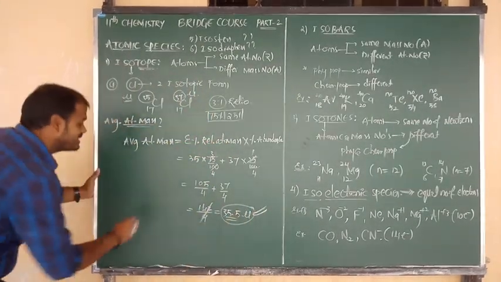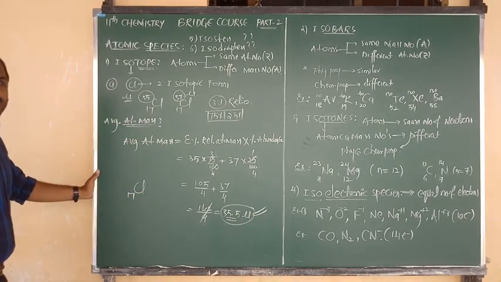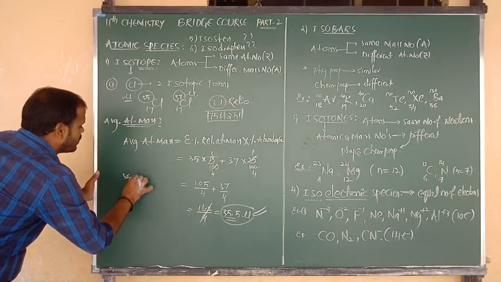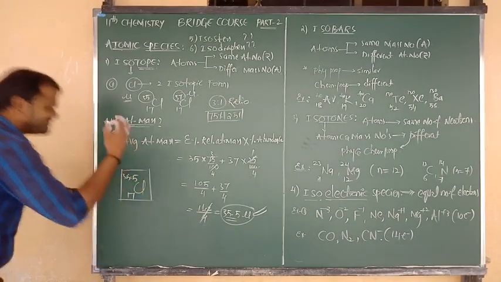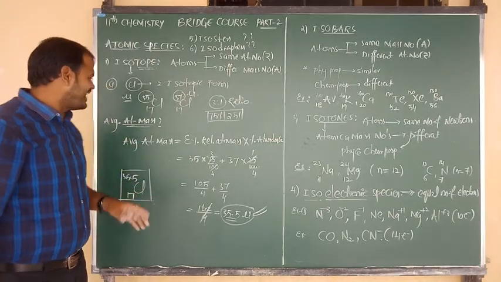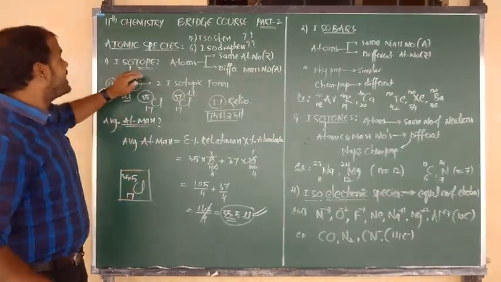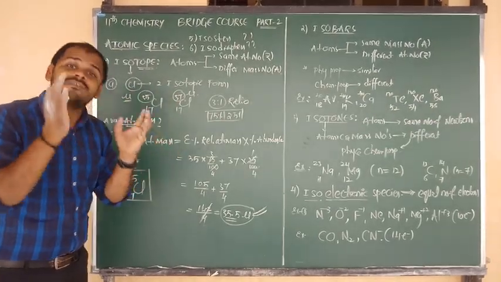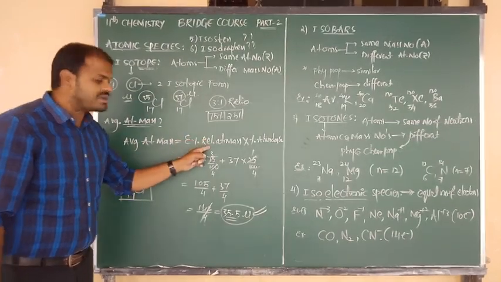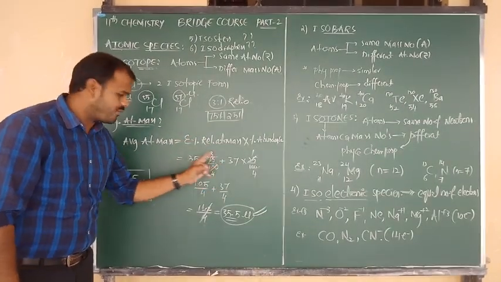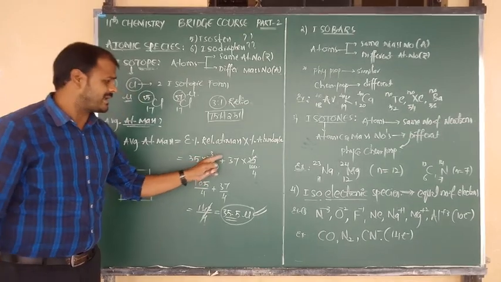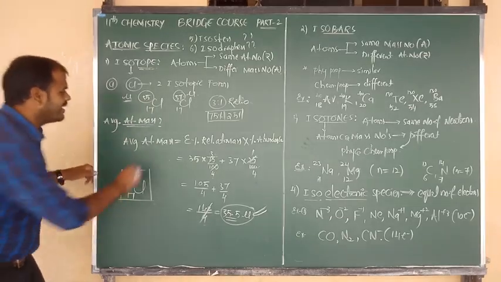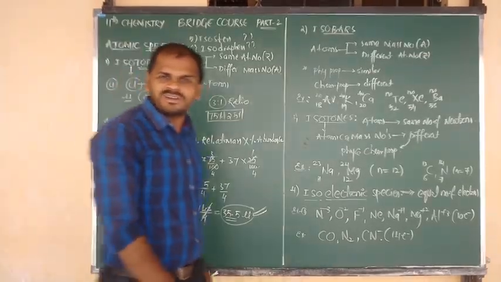So finally, how to represent chlorine? Chlorine symbol is Cl, atomic number is 17. Average atomic mass of chlorine is equal to 35.5. In that manner, we have to calculate the average atomic mass in the case of isotopes. Actually, isotopes have different mass numbers. But how do we find the overall average atomic mass? Summation of relative atomic mass multiplied with percentage. In that way, we calculate the average atomic mass. I hope you understand better.